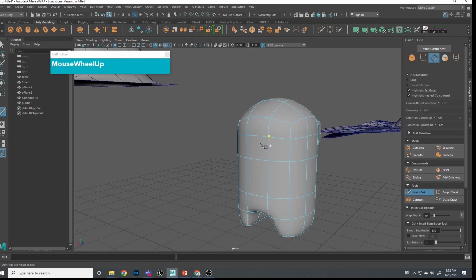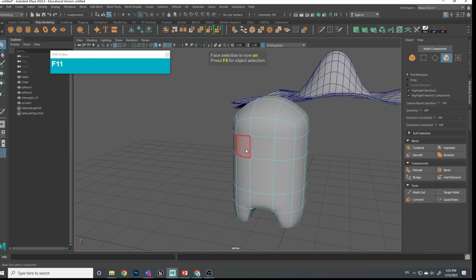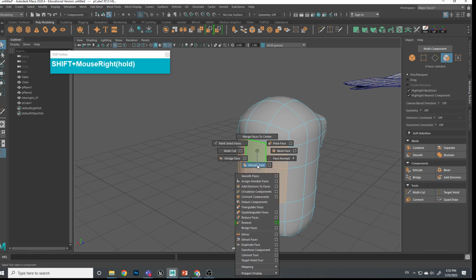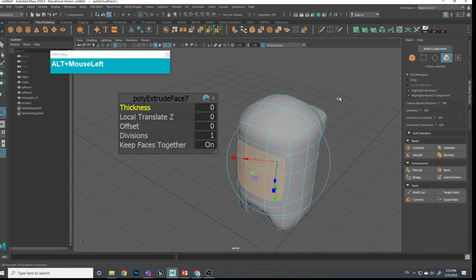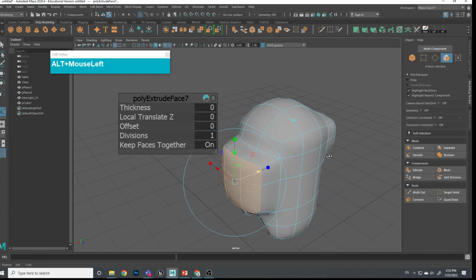Okay, so now we have enough faces to pull out the backpack, which are these 6 faces over here. So press Q to go to select, press F11 to go to face selection mode. Then select these faces, holding down the shift key to add on to selection. Then shift, right mouse click, extrude face, use the global orientation, pull along the blue arrow, and then we have